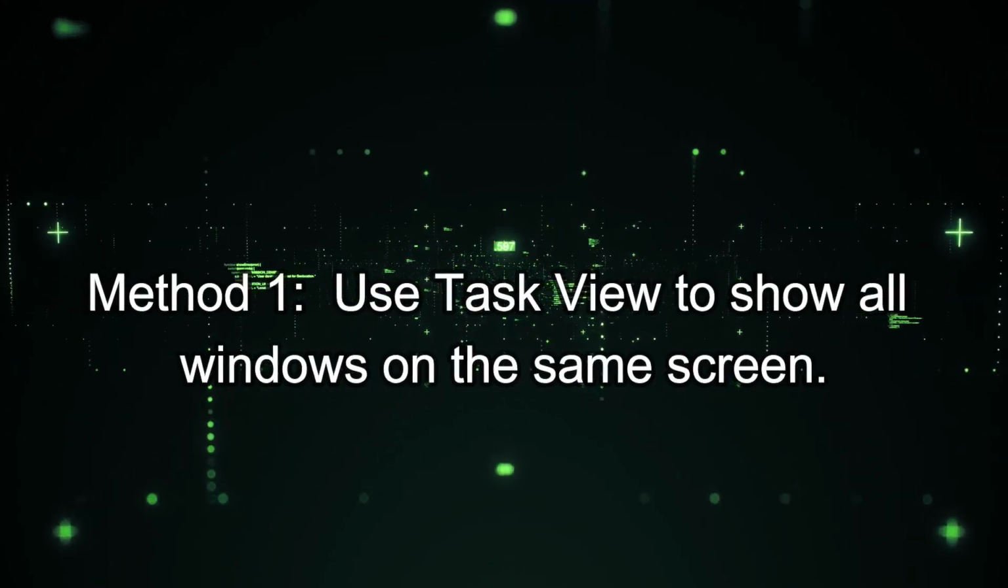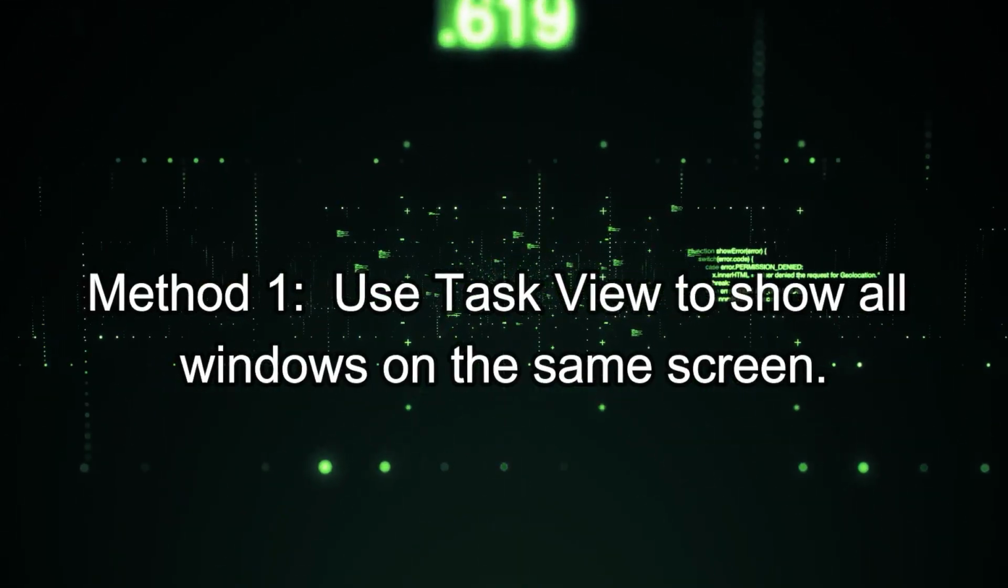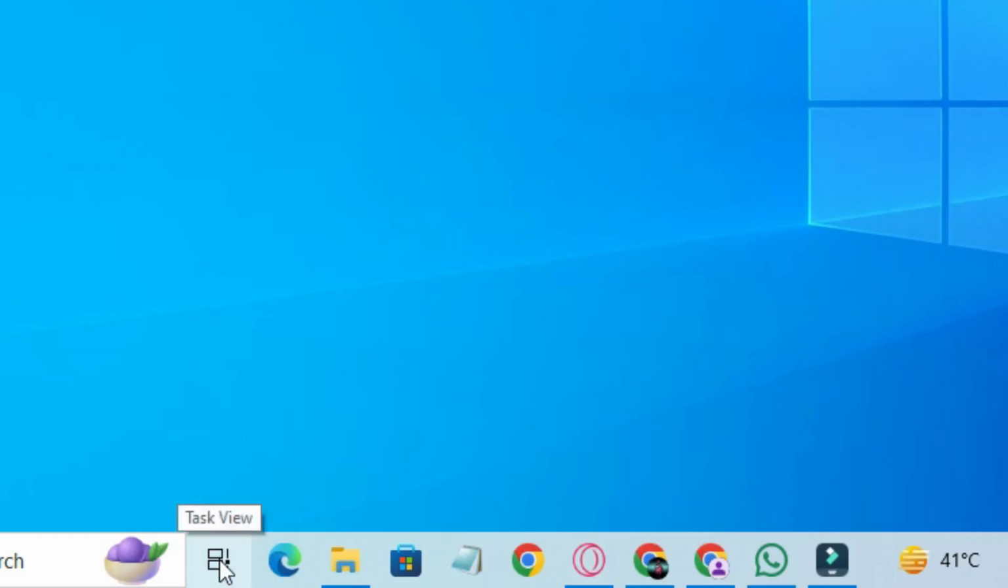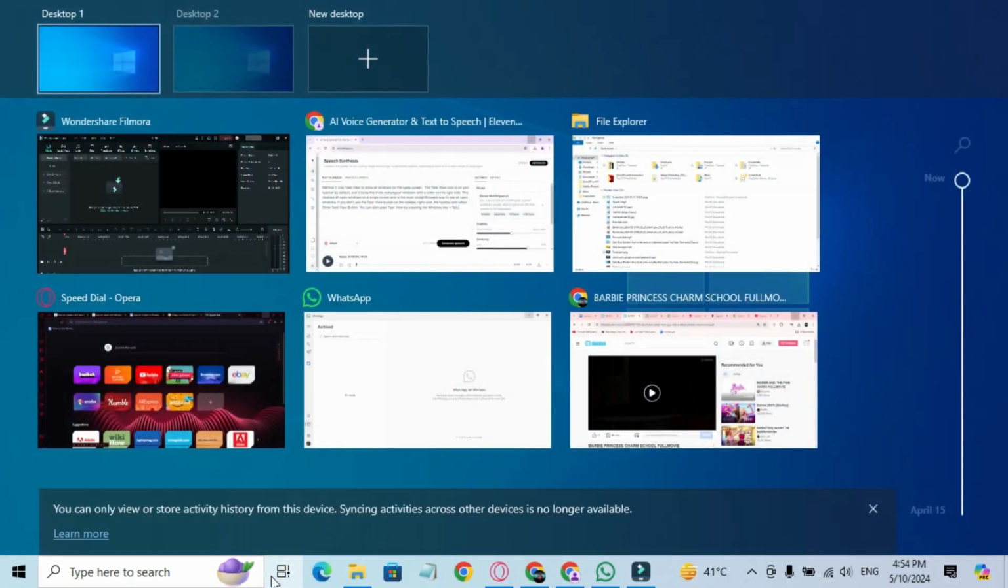Method 1. Use Task View to show all windows on the same screen. The Task View icon is on your taskbar by default, and it looks like 3 rectangular windows with a slider on the right side. This displays all open windows on a single screen and is the most straightforward way to